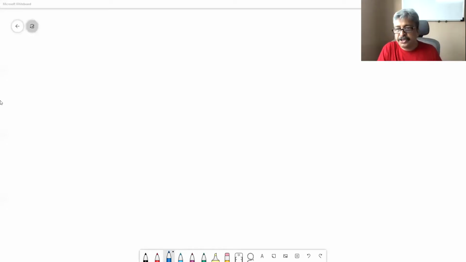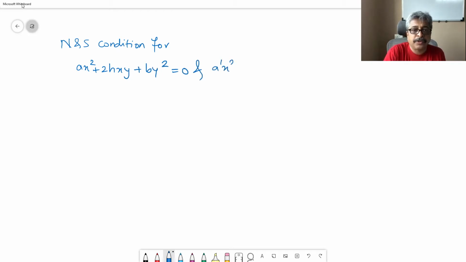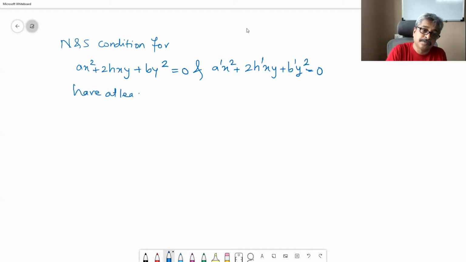To find out the necessary and sufficient condition for ax square plus 2hxy plus by square equal to 0 and a dash x square plus 2h dash xy plus b dash y square equal to 0 to have at least one line in common. Right? And it is the same equation. So what we should do is, for one line in common,